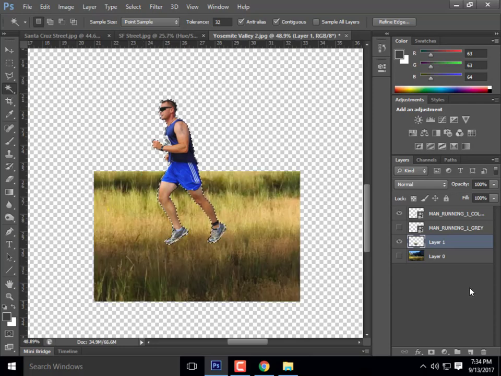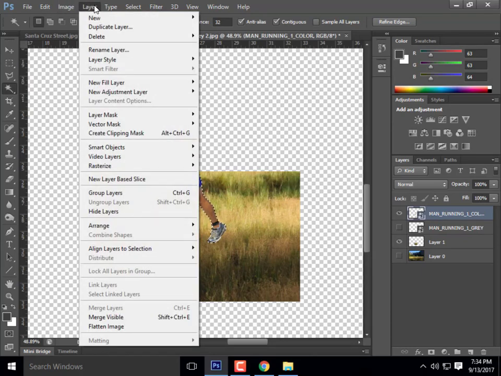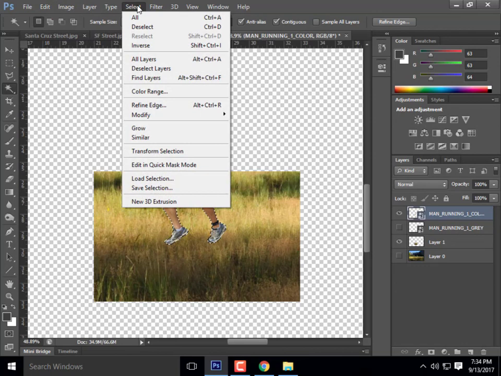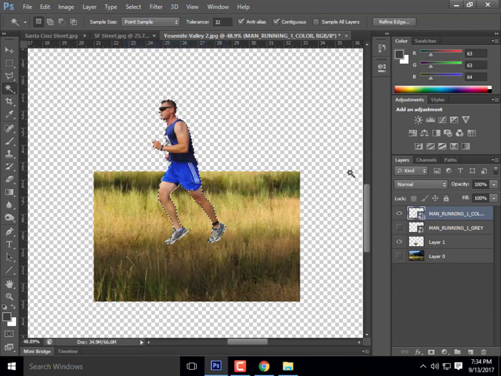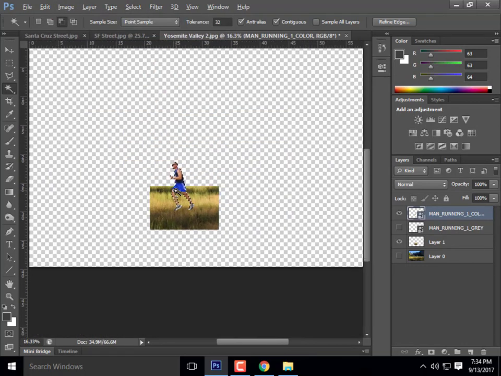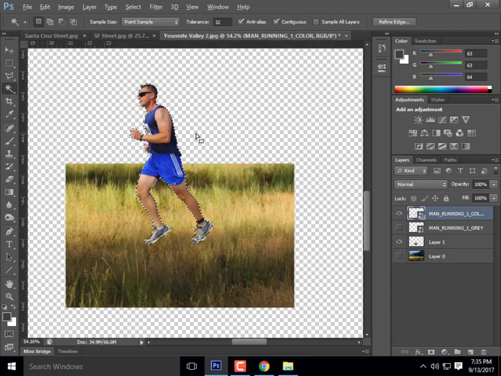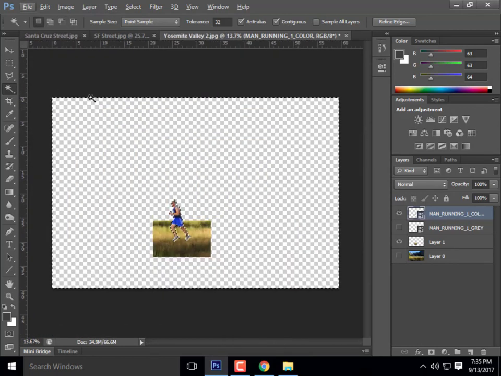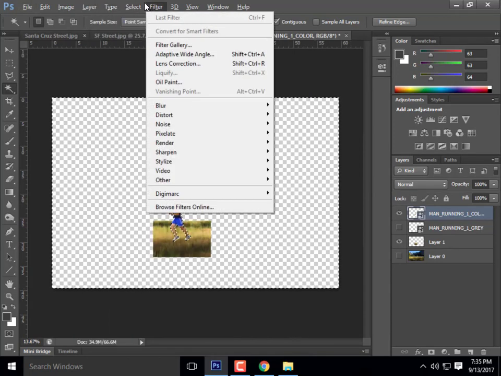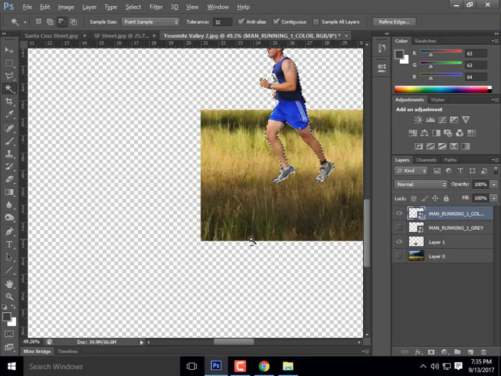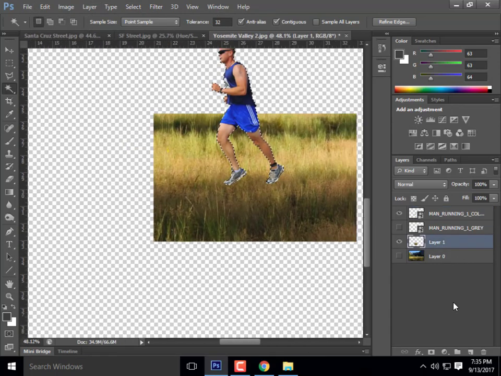Actually, before I hit the delete button, let me go back to my man. Actually, I need to go over to, sorry, one sec. Select, I'm going to go to inverse. Okay, so now you'll notice that if I zoom way back, I have just the man selected this time. If I actually go back to where I just was, you couldn't see this before, but notice that it actually has the entire border selected as well. So if I go over to select inverse, now if I select my layer 1 and I hit delete, okay,